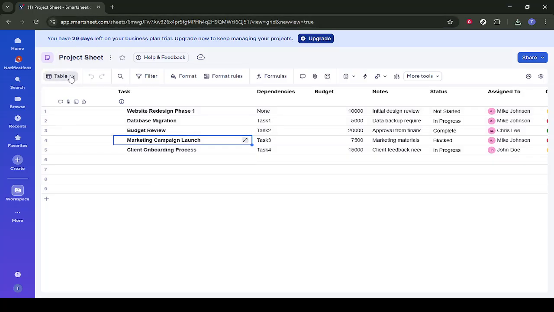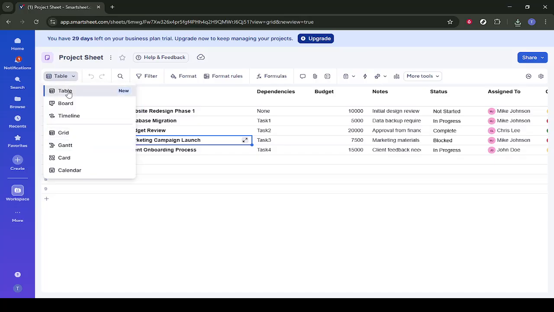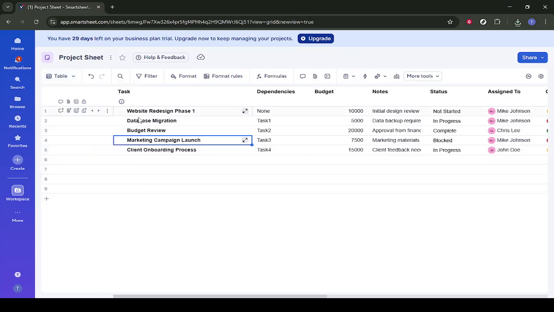Next, locate the specific task you want to discuss. Here, we're going to focus on a task called Website Redesign Phase 1. Click on that row to select it. Selecting the row helps Smartsheet understand which piece of work your conversation should be attached to, so your comments stay